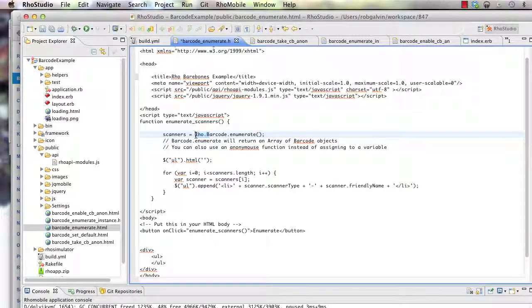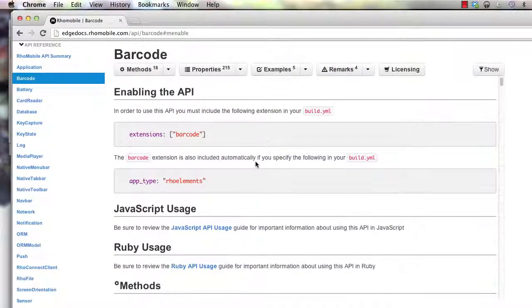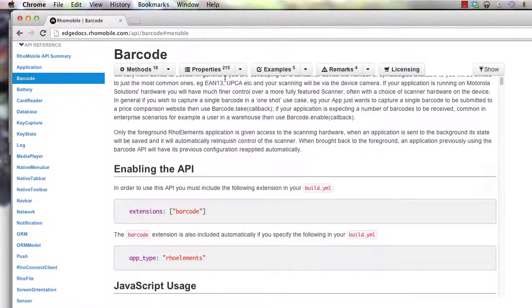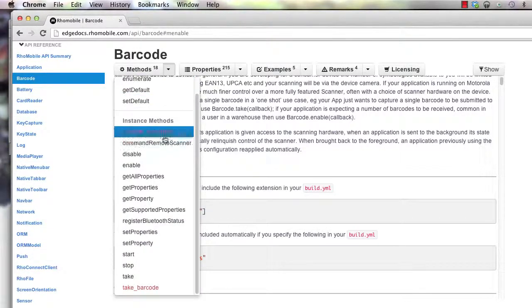So all of our APIs you need to preface with Rho dot. And I'll get into some other aspects on how you can actually avoid doing that using your own instance objects. But for this simple example, I'm just going to call the default object called Rho.Barcode, and I'm going to call enumerate. So if we jump back to the documentation, we will see that if I go to the enumerate method,